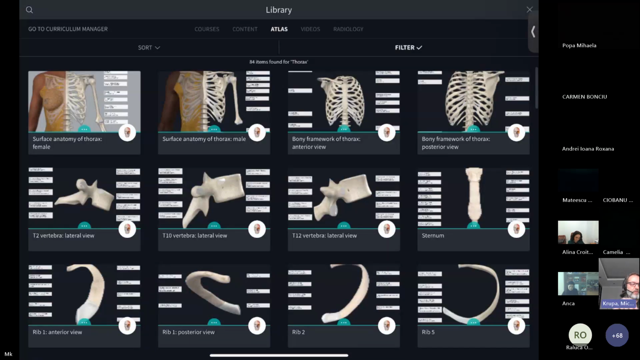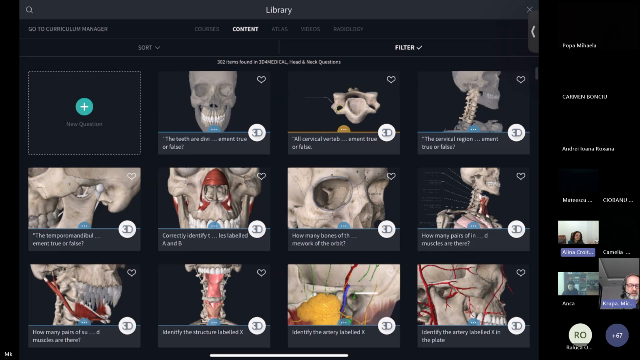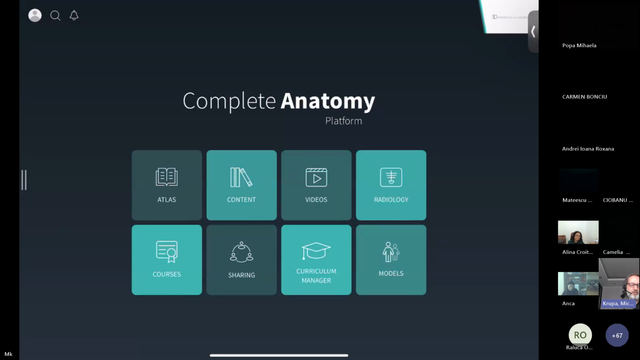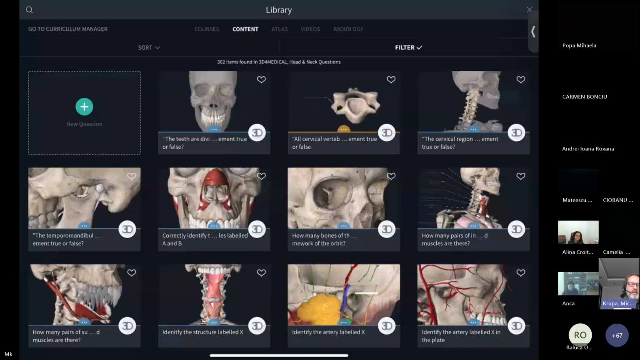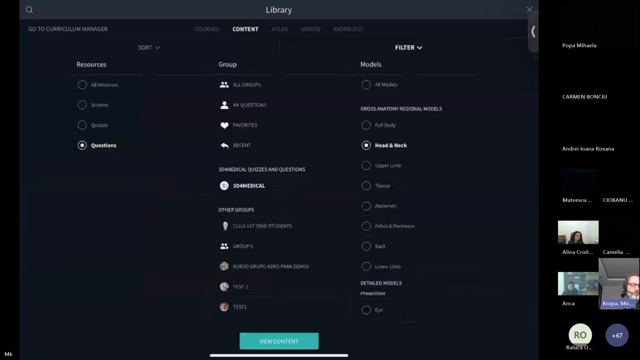I will go again to this models part. When you save this model, you can go to your content button on the left side from Atlas, or from the main menu. I will go back here to this content part, right? And you can search here for your own models or all the models prepared by the